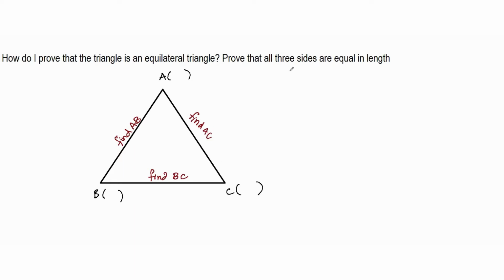Now, if all the three lengths are equal, then I can say that the triangle is equilateral, right? So this is how I can prove that a given triangle is equilateral. In case of an isosceles triangle, two sides are equal in length, whereas in case of an equilateral triangle, all three sides should be equal in length. So this is how I can use distance formula to prove that the shapes are a specific set of quadrilaterals or triangles, and I am applying distance formula to find the lengths of those sides of the given figure.